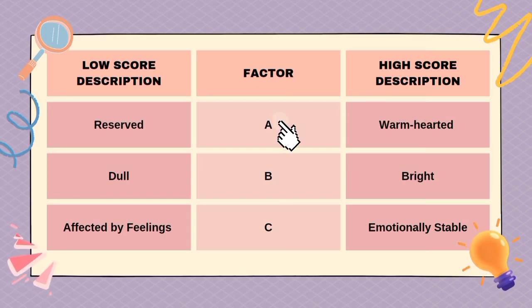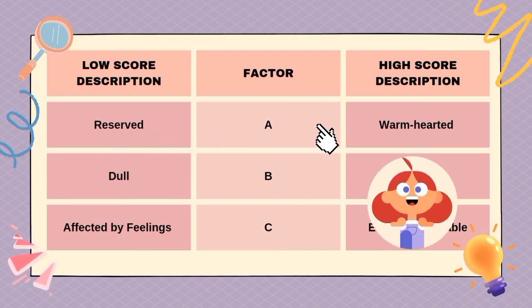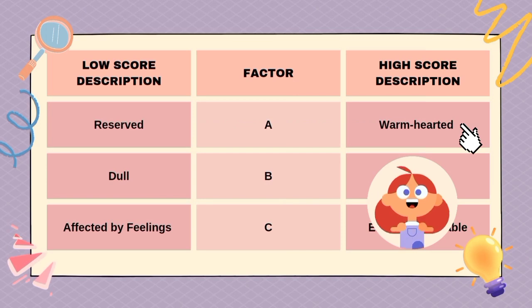On factor A, in the low score description, the child is reserved. It means that the child is detached, critical, cool, aloof. Professionally, it is called schizothymia. On the other hand, the high score description measures if a child is outgoing, participative, or easygoing, if the child